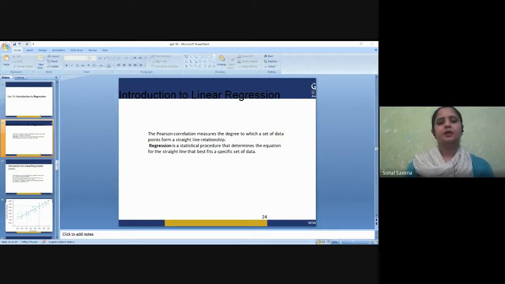So see, three major usages of regression analysis are: number one, for determining the strength of predictors; second, for forecasting effects; and third, for trend forecasting. Right. Now, first, regression might be used to identify the strength of the effect that the independent variables have on the dependent variable. Typical questions are: what is the strength of the relationship between dose and effect, sales and marketing spending, or age and income?